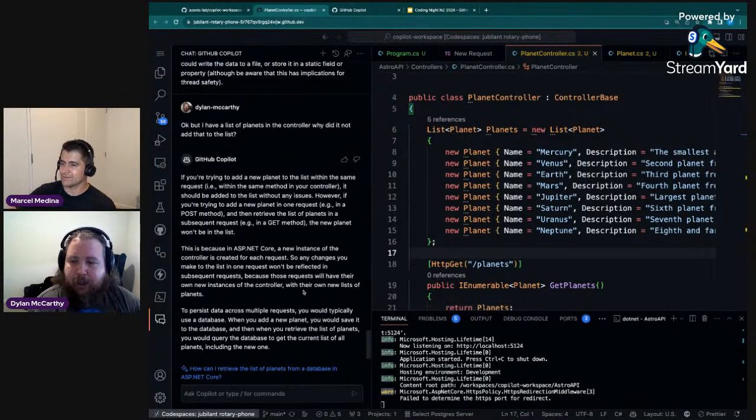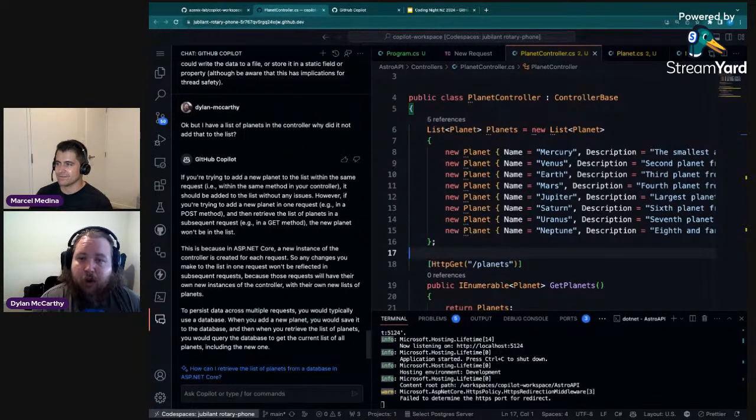So again, it's one of those ones where a junior developer would fall into this trap quite easily, because they think, oh, I've got a list and that's fine. They may not be aware of the fact that new requests create new instances of classes. So this is where it becomes a really good learning tool, where you're learning about how this works as you're doing it. So now what I'm going to do is ask it about a more advanced kind of topic and say, okay,